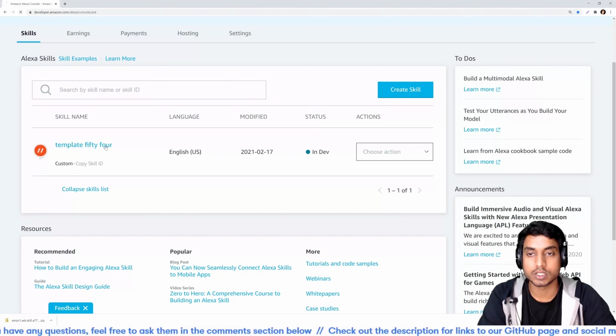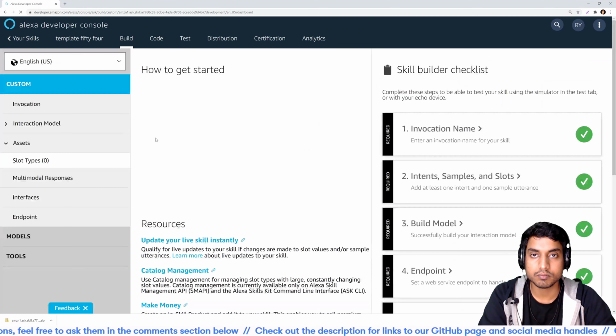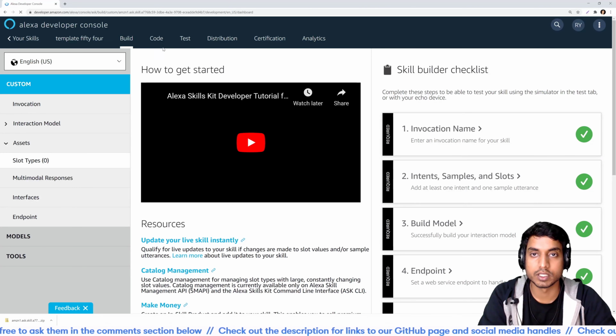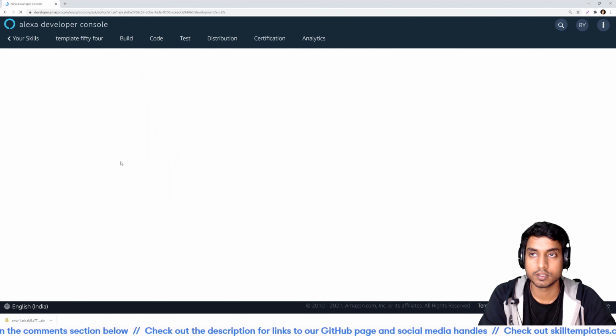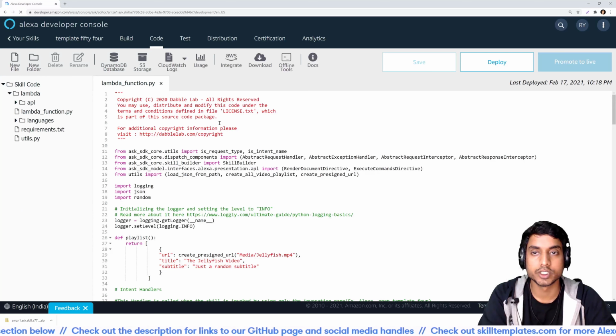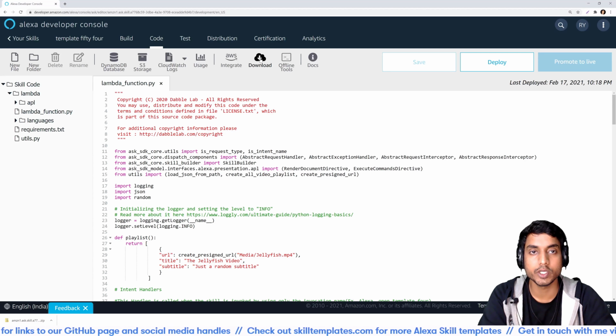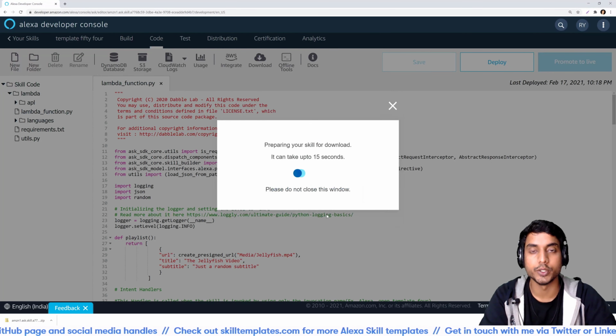I'll simply click on the skill and open it. Once I've done that, I will go to the code section. In the code section, you will see a list of options at the top, and the third last option is the download option, and that's exactly what we need. We need to click on the download button, and in the pop-up, select continue.